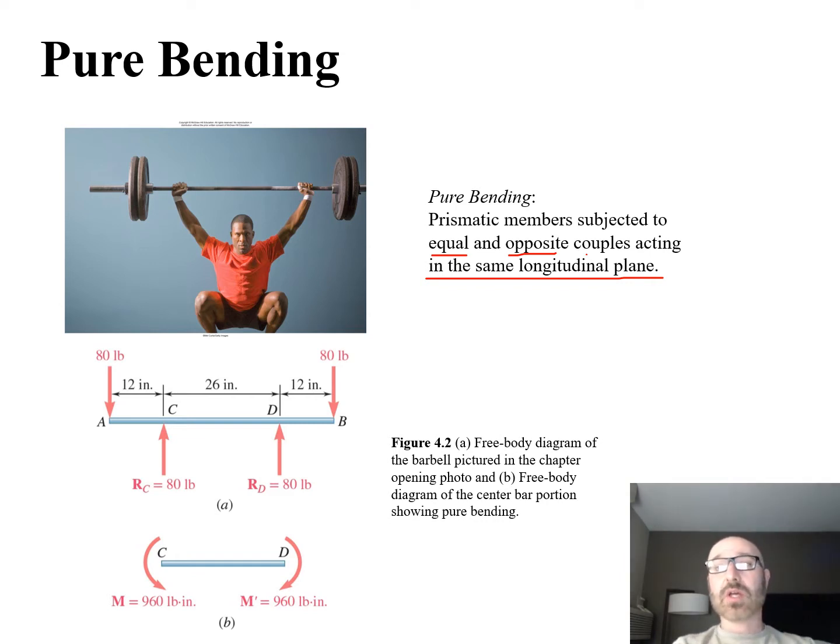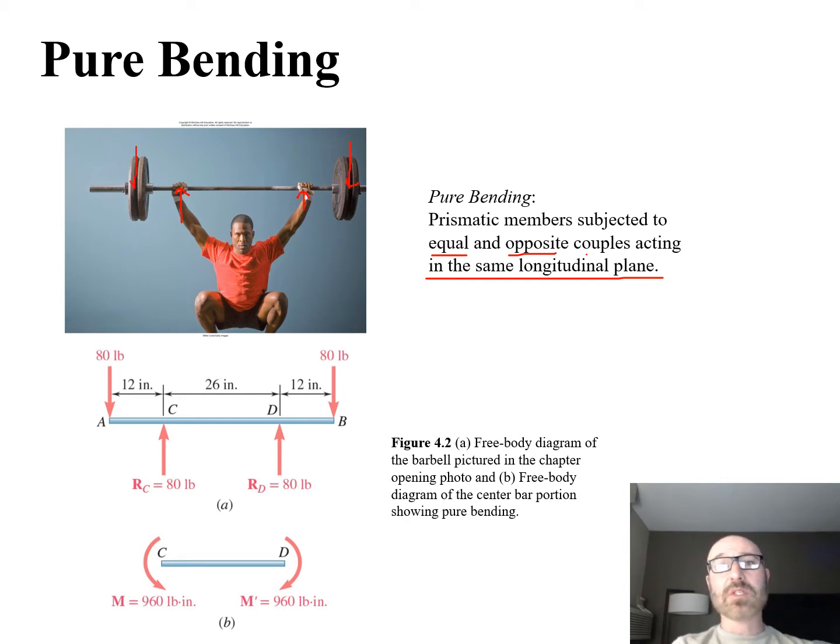So if we want to take a look at the free body diagram for this barbell right here, as this Olympic lifter lands in the bottom of a snatch right there, we can see, well, he's got these two forces from his hands right there, and then we've got these distributed loads that we're just going to kind of point load acting in the bar right there and right